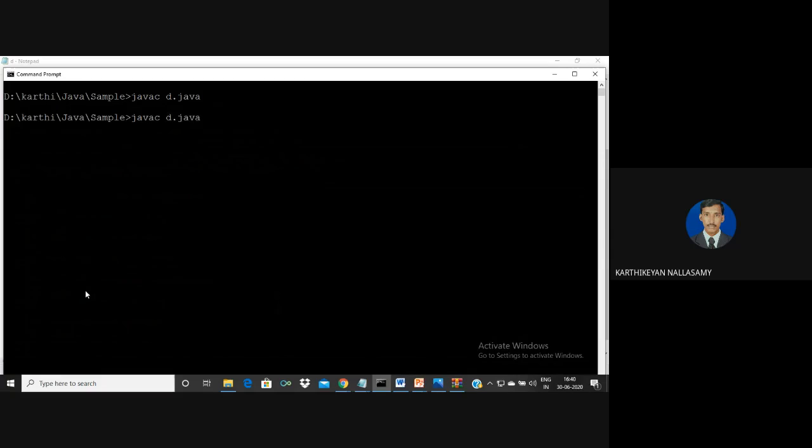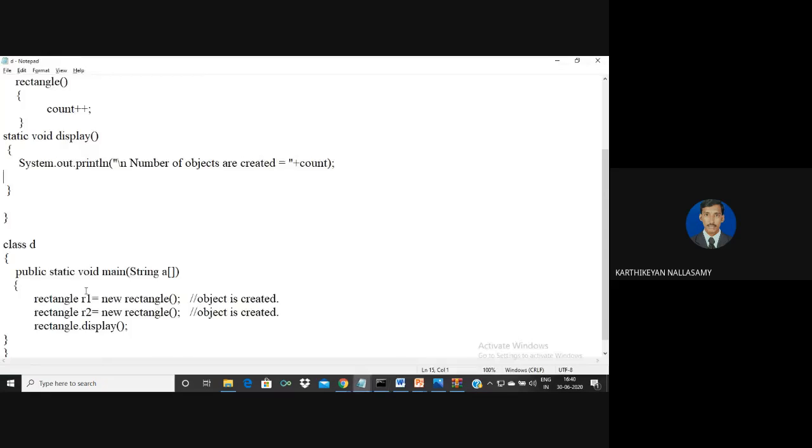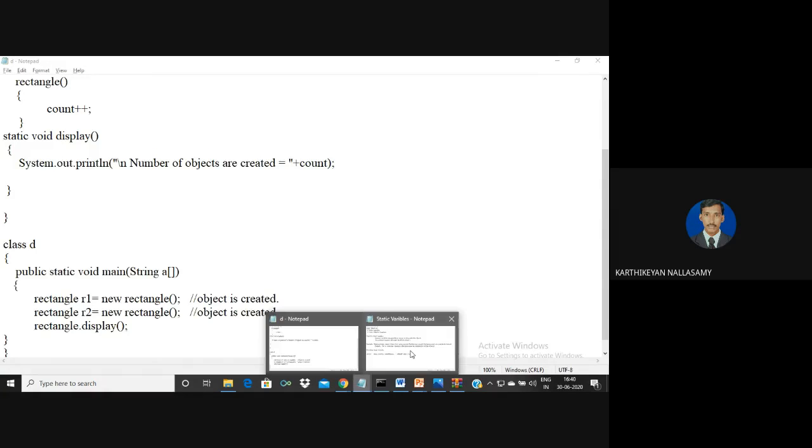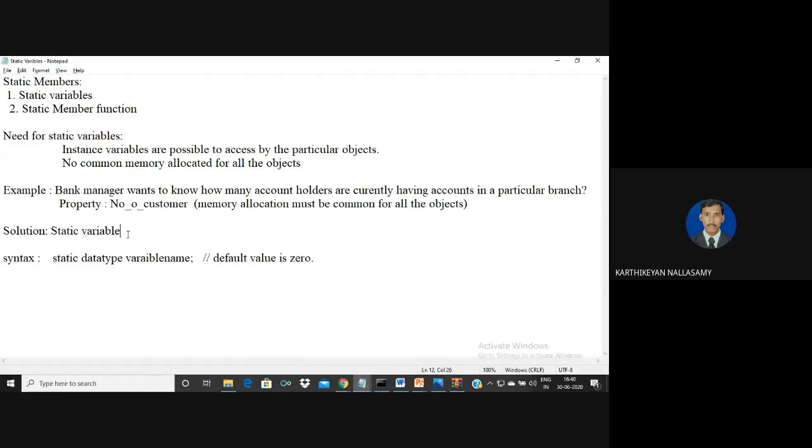Now I'm going to run my class D. So it will be created. There are two important things we must understand: for a static variable, a common memory is allocated for all the objects of a class. The next one is the static member function.